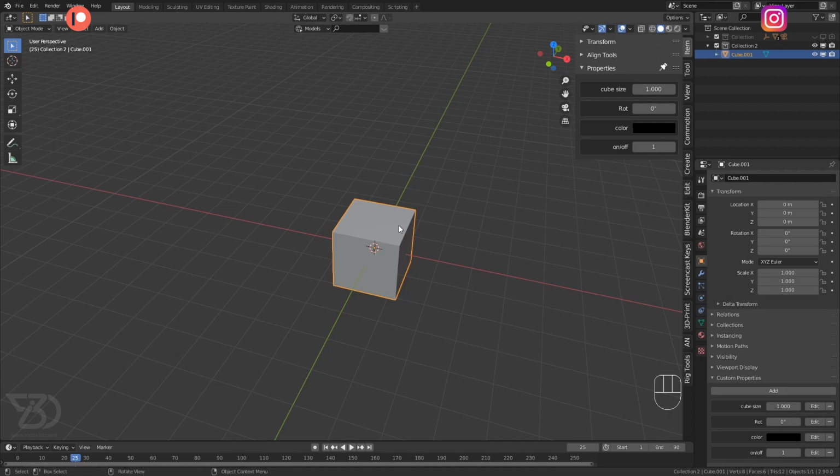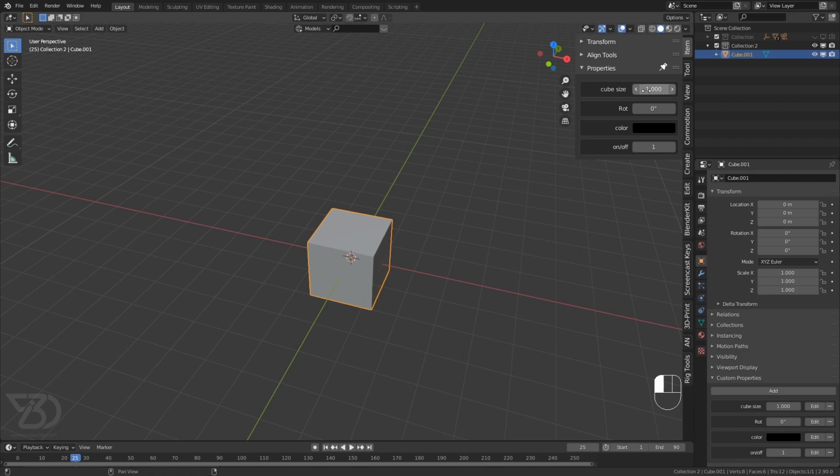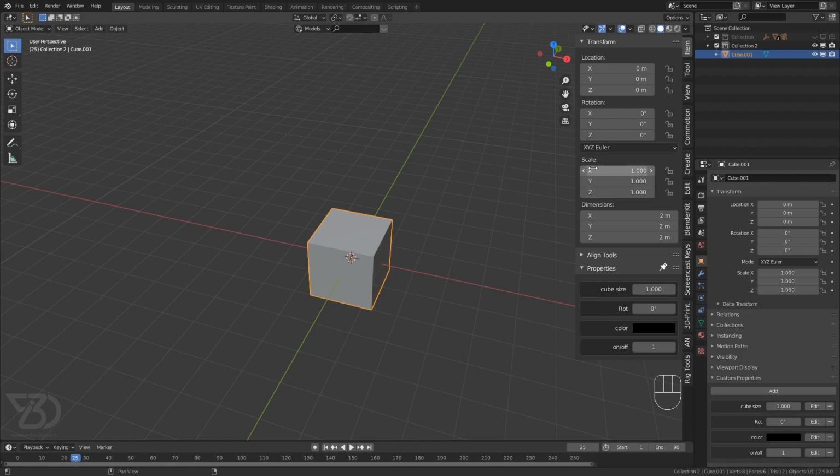Okay, it's pretty easy. We will just have to click a few times. We do not have to write any code. We can just link it with a few clicks. Okay, so this one is size. So now I will link this size to the size of this cube.